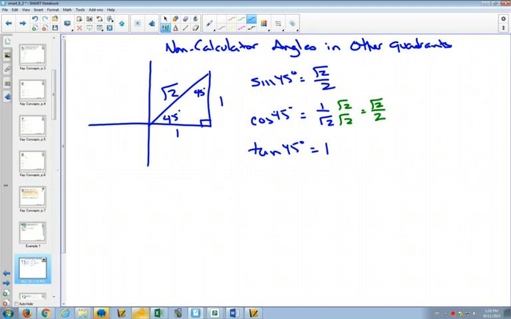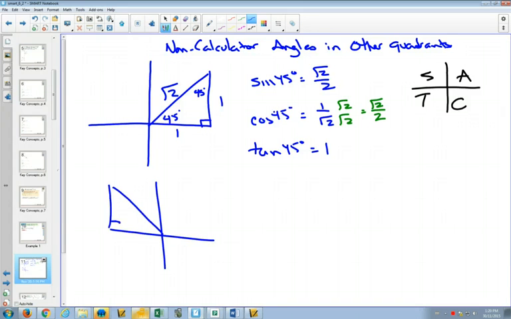Now, what we know about angles is that they're related by their reference angle. And we've also learned the CAST rule, which tells us in which quadrants the different trig functions are positive. All of them are positive in quadrant 1. But in quadrant 2, only sine is positive. So now if we draw this same triangle in quadrant 2 and make a reference angle right there, that reference angle will also be 45 degrees because it's exactly the same triangle. These lengths, because it's the same triangle, will be exactly the same as well. But now the angle that we're talking about is this one,